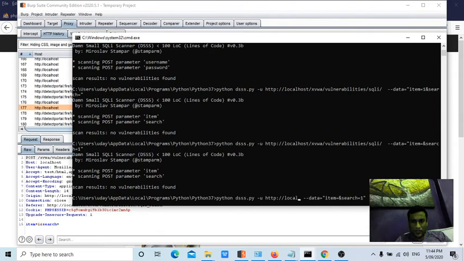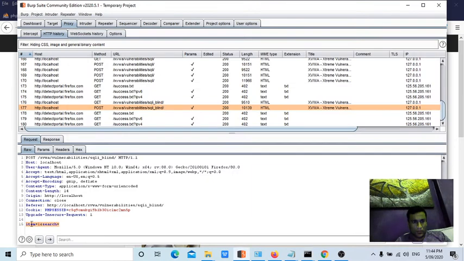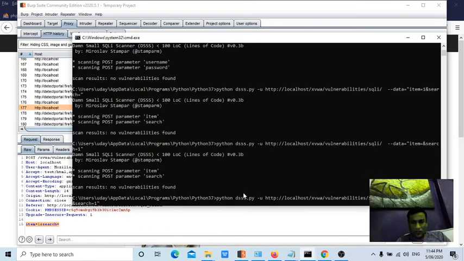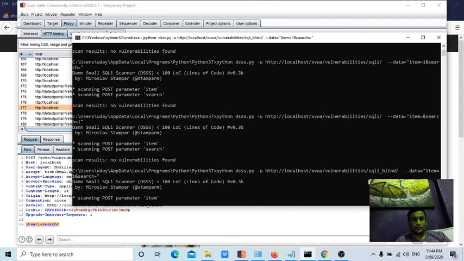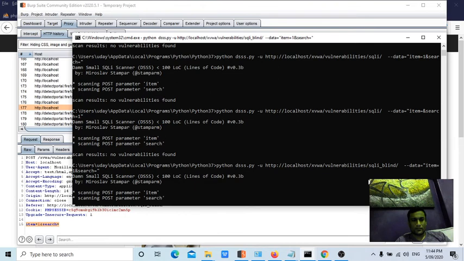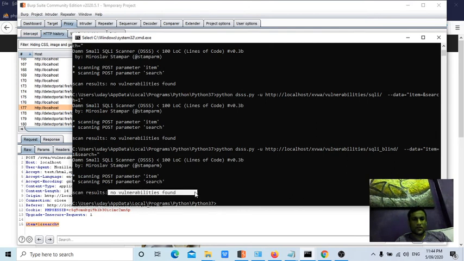Since it's a post request only, I need to pass the parameter and parameter value, id equal to 1 and search equal to blank, item equal to... Okay. No vulnerabilities found.